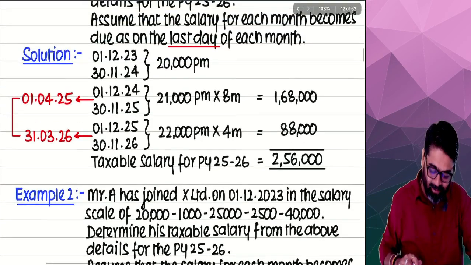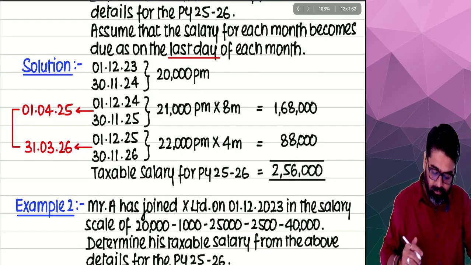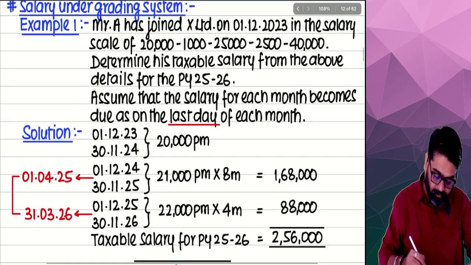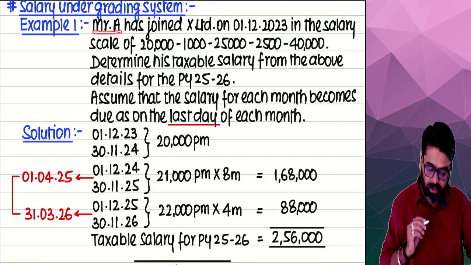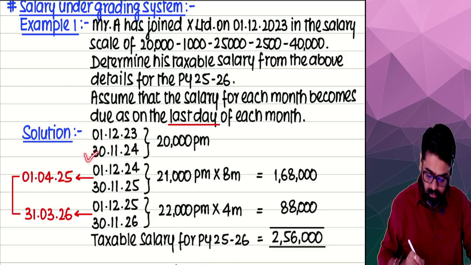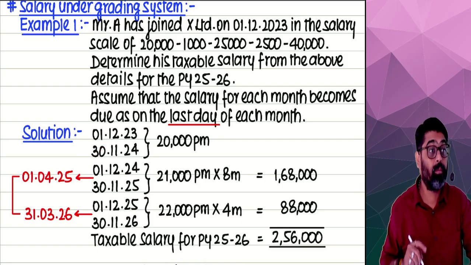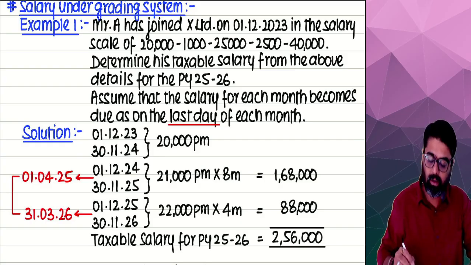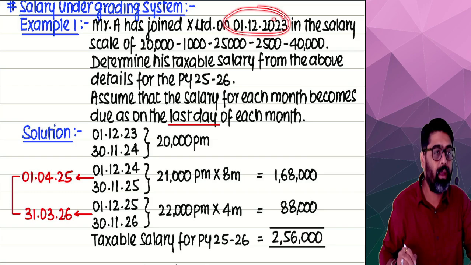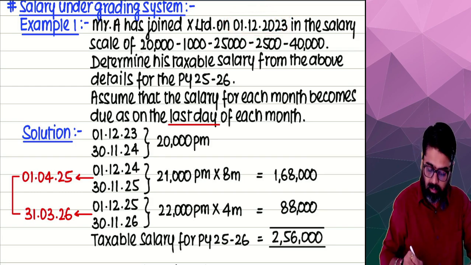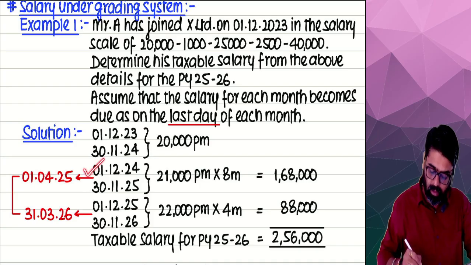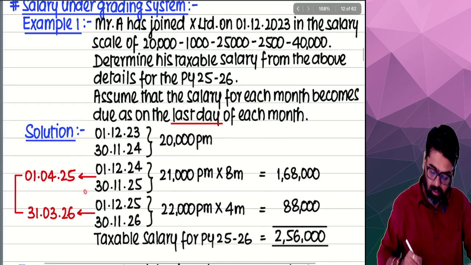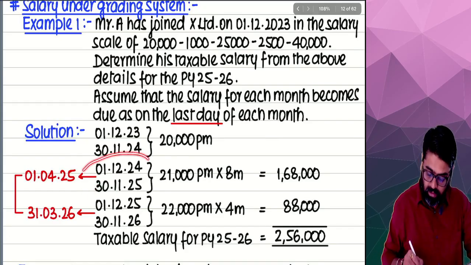2,56,000. See, the question says 1st of December 2023, Mr. A is joining now. So when will he complete 1 year? 30th November 24. If nothing is mentioned in the question, then at the time of joining he will join at the minimum salary, 20,000. So for the first year of his service, he is going to get 20,000. The second year will start from 1st December 24 and end on 30th November 25. For the second year, he is going to get